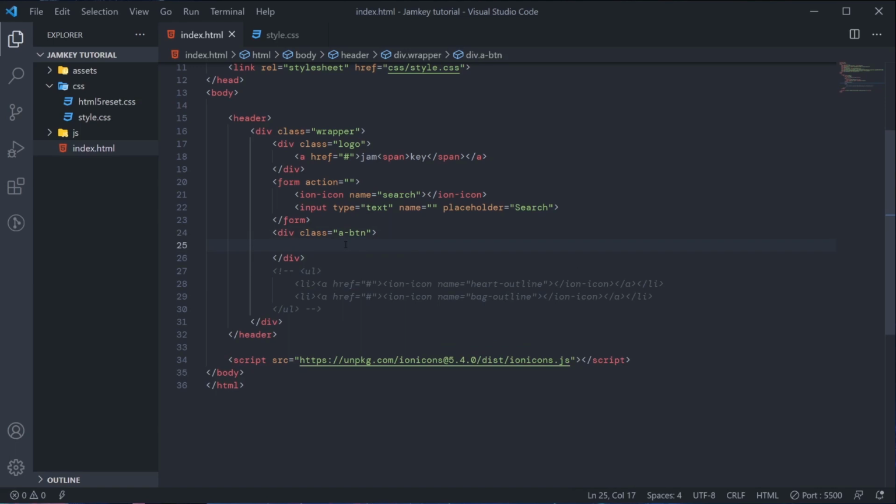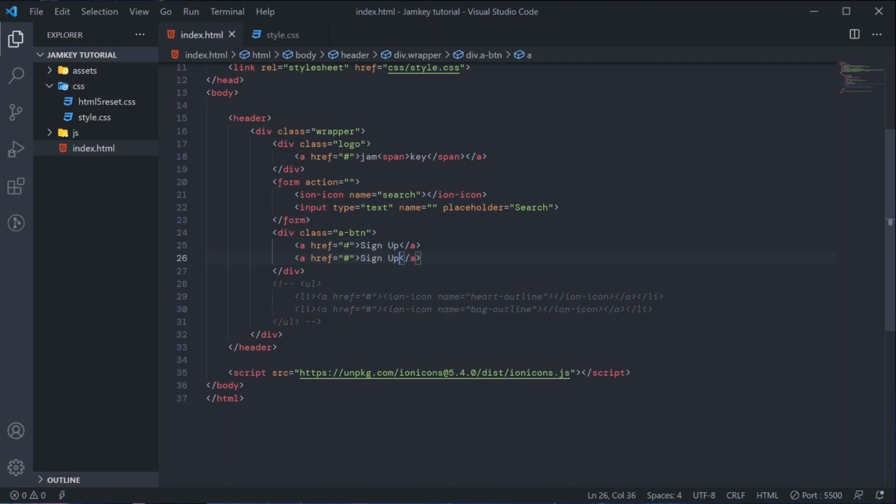So what we need to do, we need to create two anchor tags. So I'll create two anchor tags now. Then I'll give the first one, I'll say sign up. I'll just duplicate, then login. Okay. So now I'll create these two buttons here.